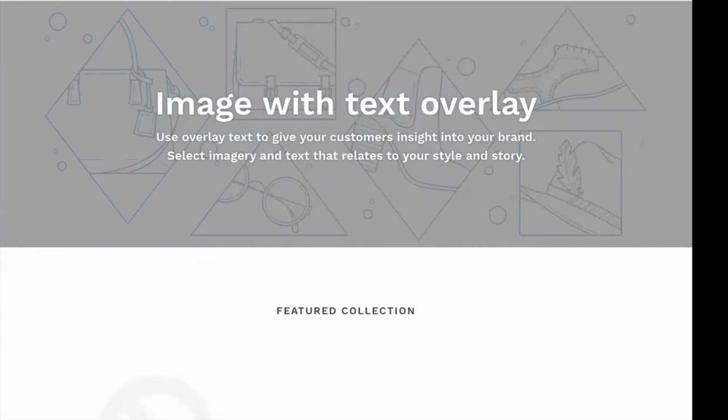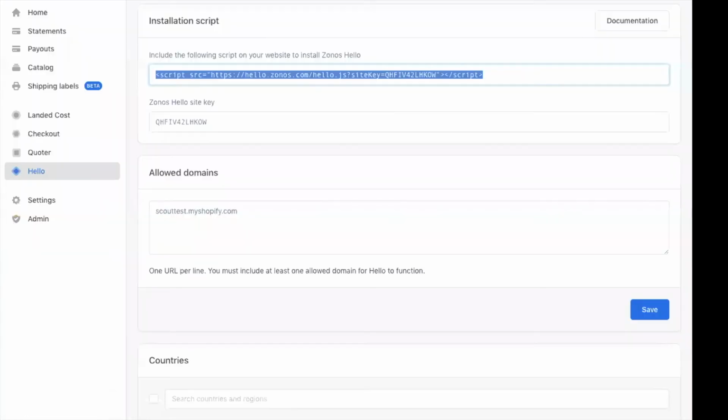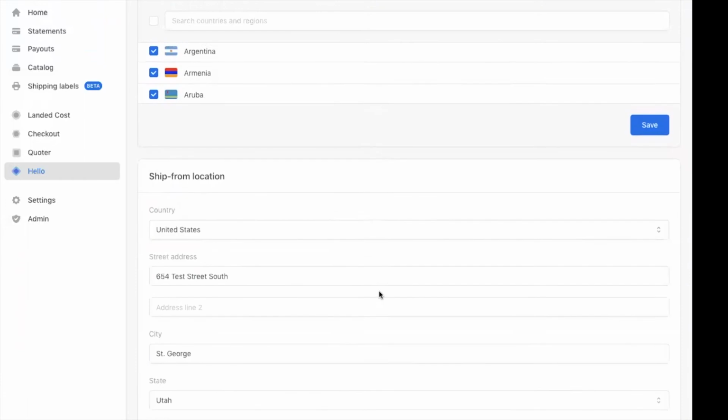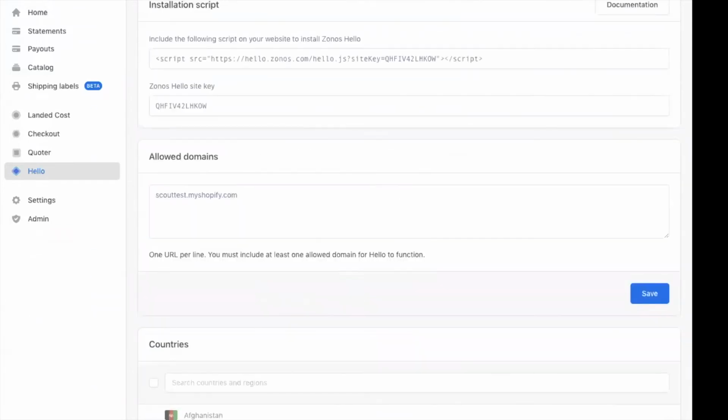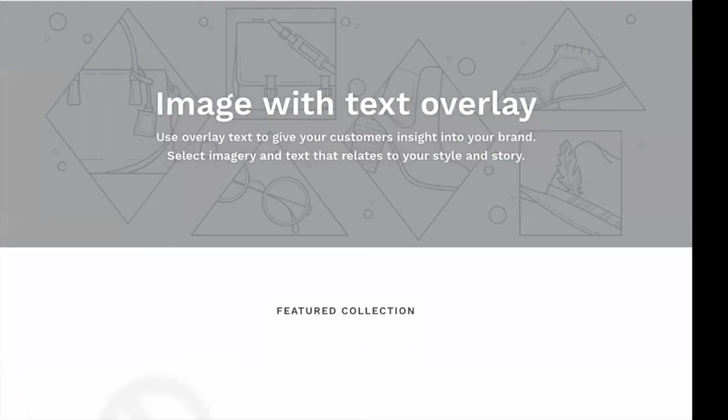The reason for that is because United States is our current domestic country. And if you ever want to double check that, inside of our Hello settings here in Dashboard, down at the bottom, we have our ship from location, and you can see that ours is currently set to United States. So that is our domestic country. And it's half hidden just to kind of stay out of the way of domestic users,